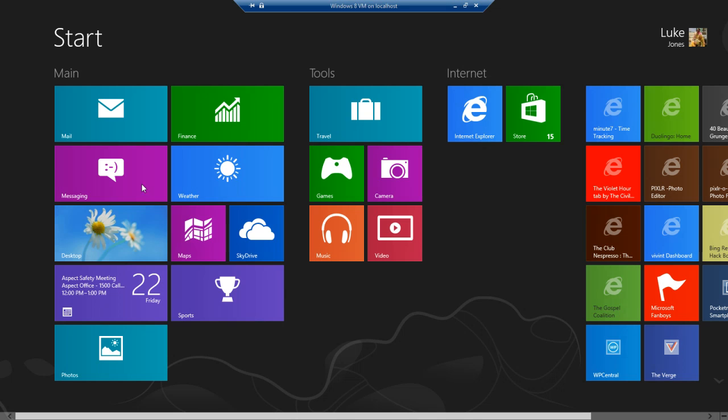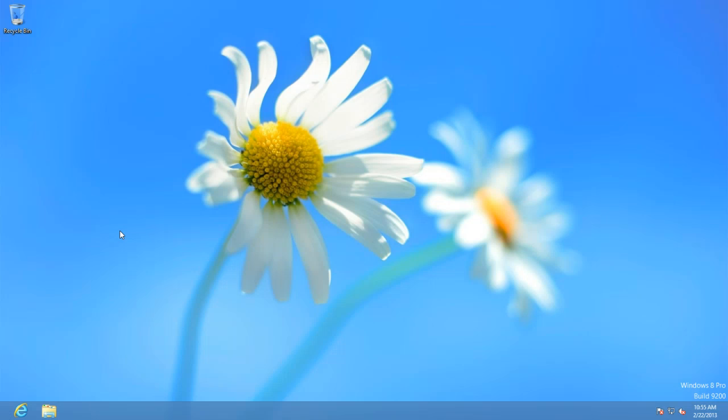So let's go ahead and launch the desktop app. Now, this looks very familiar. It's a desktop just like you would get in Windows 7. If you go up to the